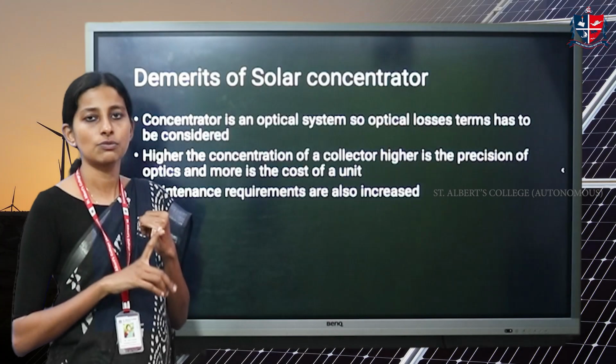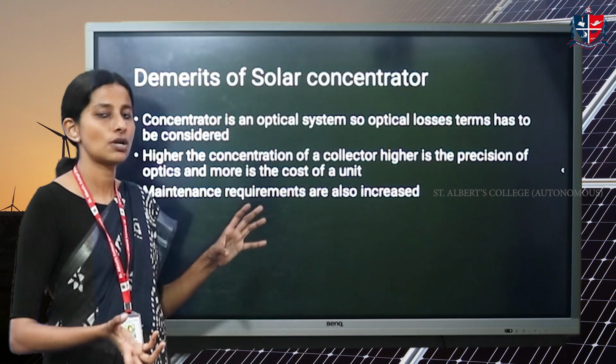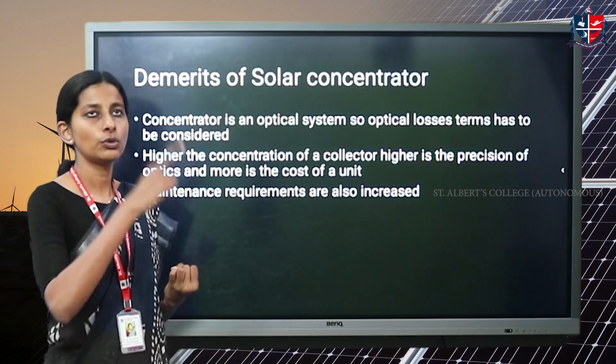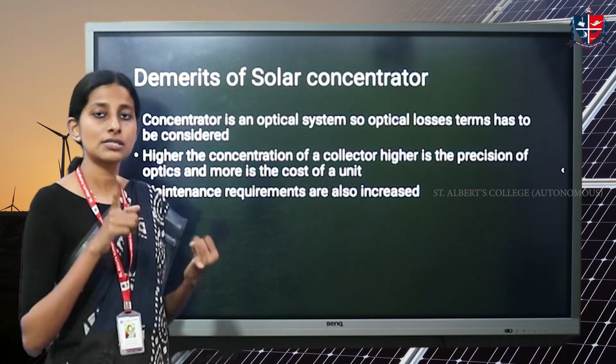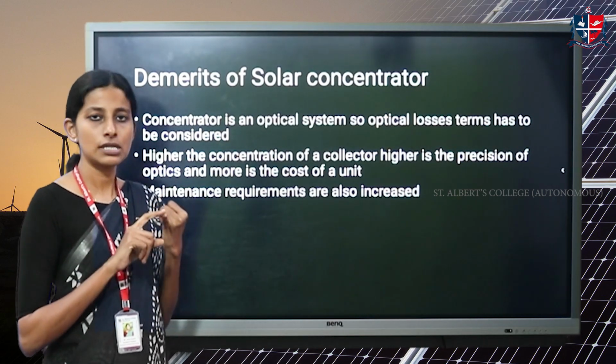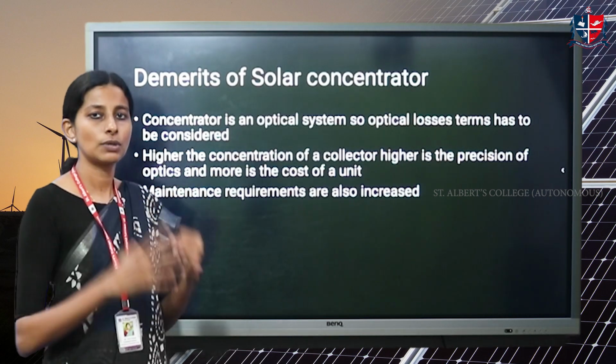Here we have tracking. Just imagine the additional things that come into a solar concentrator: you need a tracking system. You need to find out the position of the sun always. This tracking arrangement itself is a Herculean task. So that is going to mess things up, because you need to be very technically advanced to track the sun.